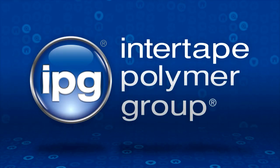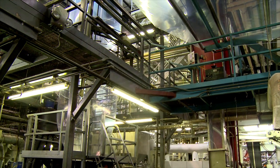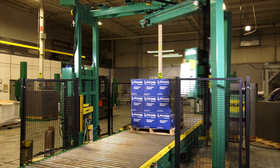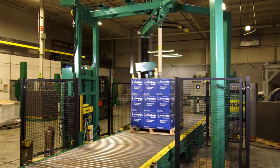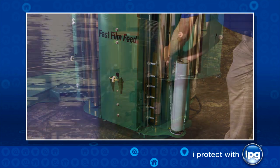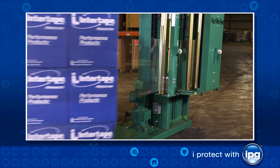IPG's innovation in stretch film pushes the limits of performance to new heights. IPG's ultra-high-performance stretch film's lightweight rolls are proven to increase productivity. Lightweight rolls are easy for the operator to apply, while retaining the load with the same or better performance of